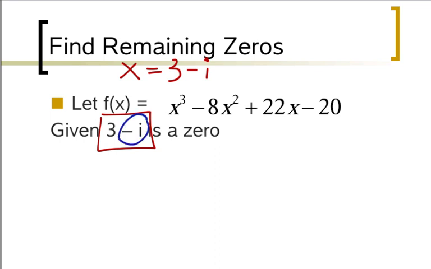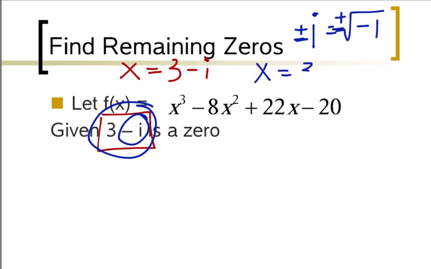Whenever you have an i, we want to recall that i is the square root of negative 1. If you have a negative i, all i's are plus or minus, because all square roots are plus or minus. Which means I'm actually also given that x equals 3 plus i. So I can use that information to reduce this problem